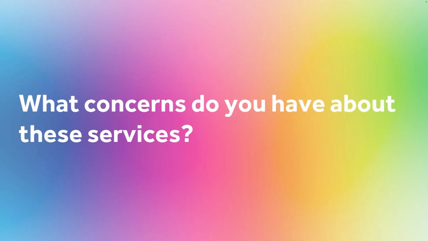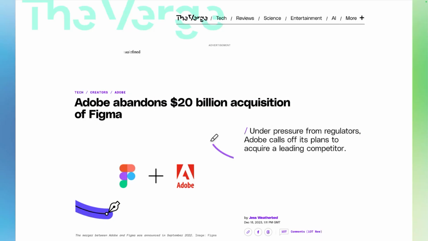A few years ago, I think it was 2023, Adobe tried to take over Figma. I don't know if you're familiar with Figma. It's a user interface web application, and they had agreed a £20 billion acquisition. So that's a lot of money. But then the European Union said no, because Adobe already has such market dominance in the world of digital design that it would create an unfair monopoly.